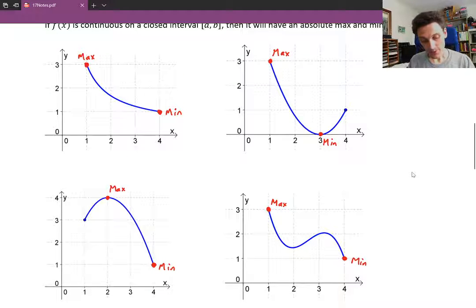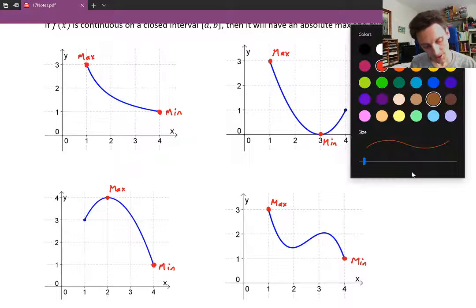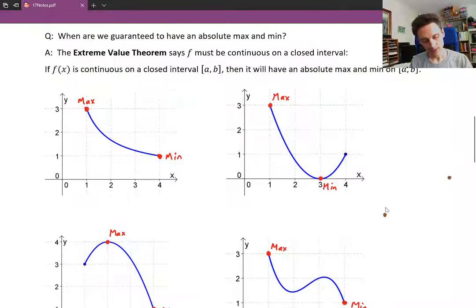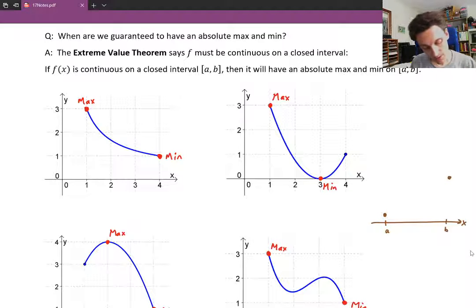Now the extreme value theorem, if you think about it in general, if you take any 2 points, the starting point and the ending point of your interval from a to b, so this is like at x equals a and x equals b. And if the graph is continuous, if the function is continuous, then you can't pick up your pencil to go from this point at a to this point at b. So if you can't pick up your pencil, then either the graph is going to go from point A to point B, and you'll have the local min at the smaller point and the local max at the bigger point,